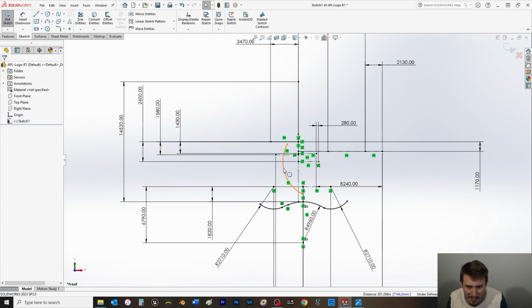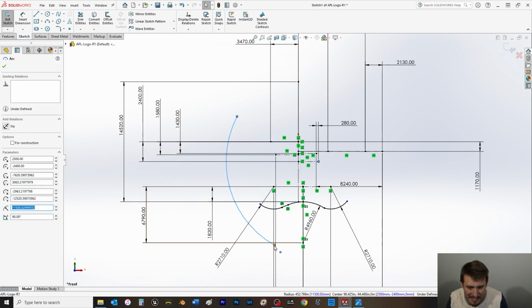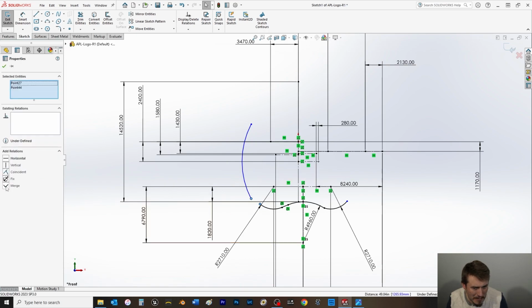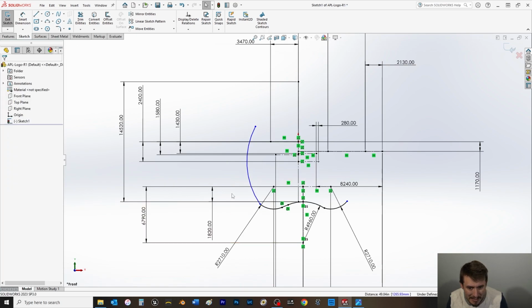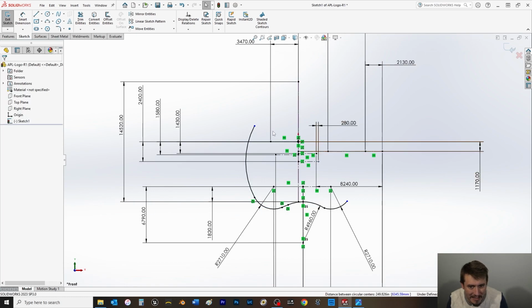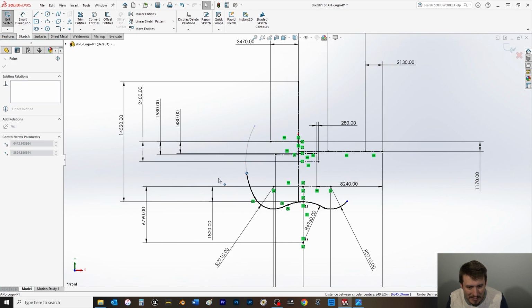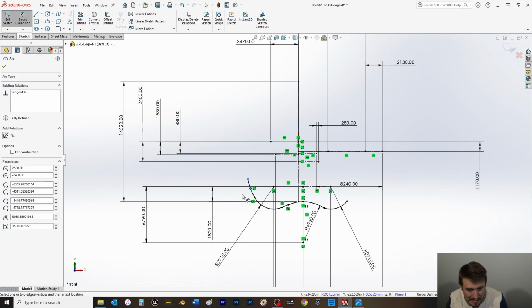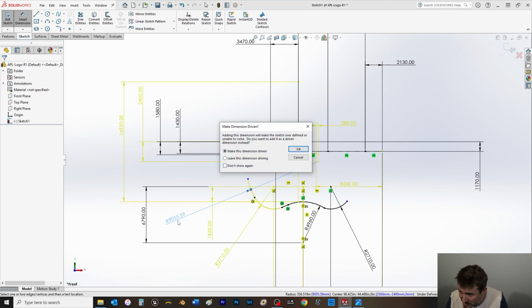I know this is crazy right now. We're going to drag this out. Then we're going to join these two, merge. But then I feel like it's got a tangent relation. And we're going to leave this infinite for now, with a radius. Oop, let's not grab that point there. A radius of